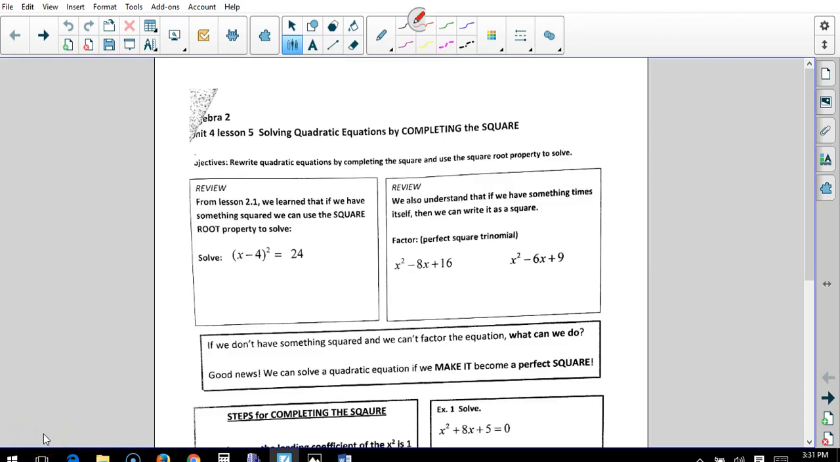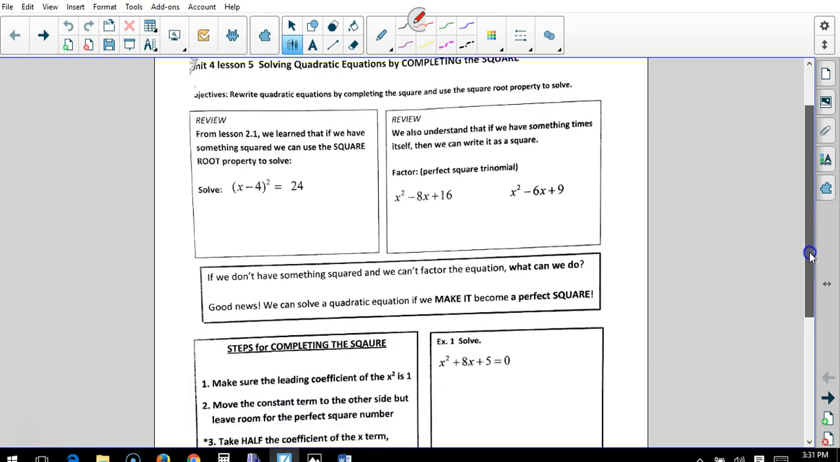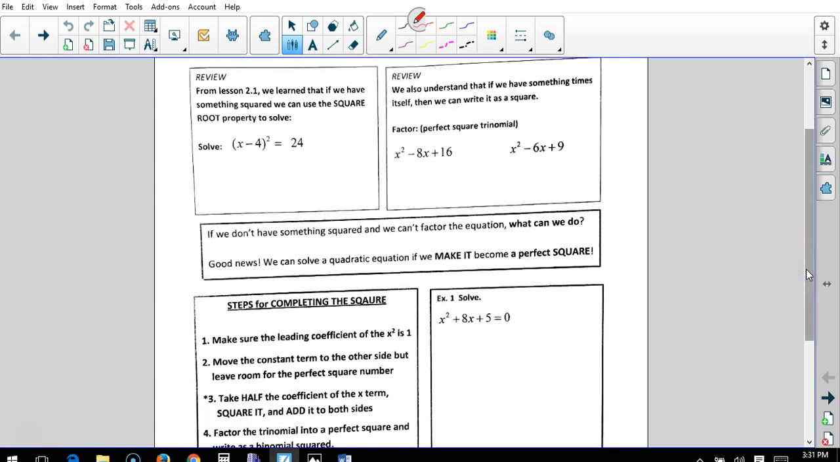Okay, next section. Completing the square. First off, we want to change. We can do this first example and have it solve with a radical, but I'd rather just have a simpler one. So we're going to make this 25. So remember from lesson 2.1, we learned that if we have something squared, we can use the square root property